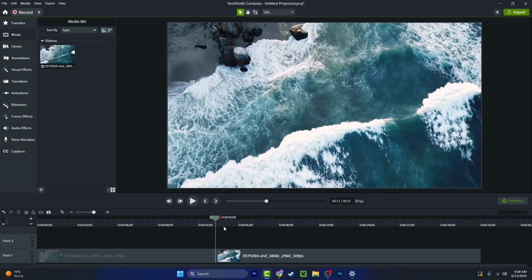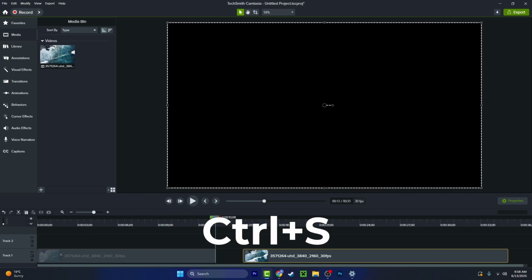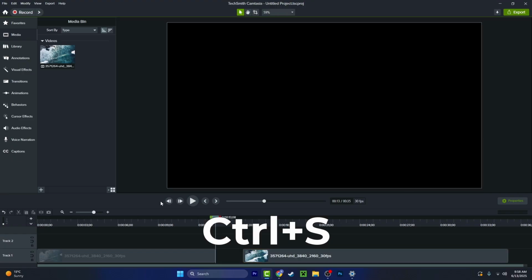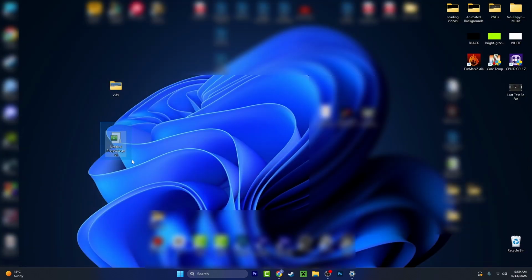on the same save, what you have to do is press Ctrl and S on your keyboard and Camtasia will save your project automatically. It will not ask where to save it again because it will be saved into the exact location, into this one. So I hope this tutorial was helpful to save projects, to save a video in Camtasia